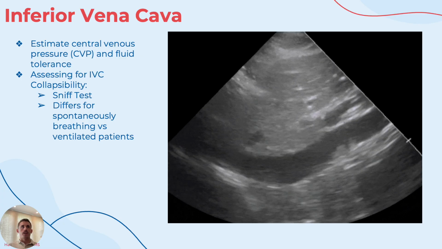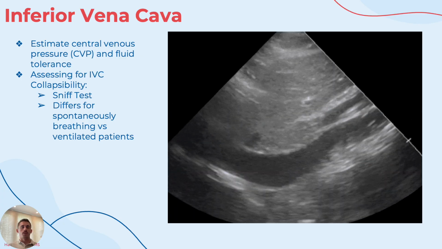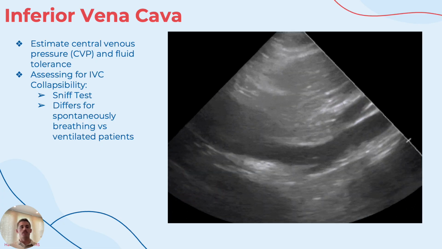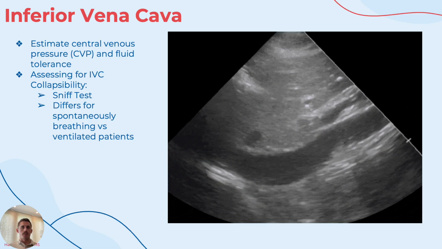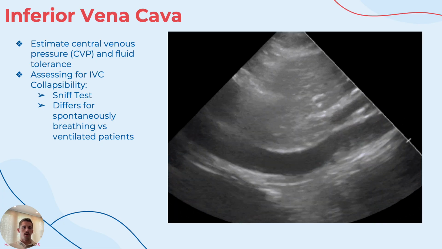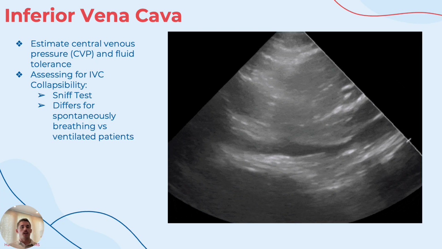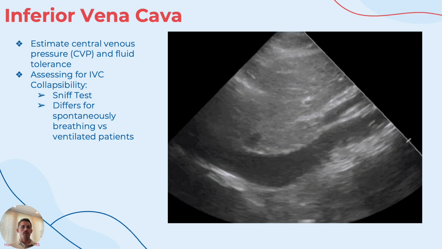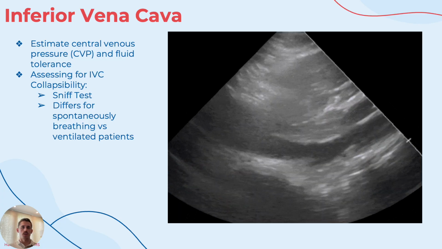In a critical care situation, if you didn't want to bolus someone with a small amount of fluid to see if they were fluid responsive or not, or tilt them back into Trendelenburg or reverse Trendelenburg, you could assess for IVC collapsibility. So we're going to talk a little bit about the sniff test and then how this differs for spontaneously versus